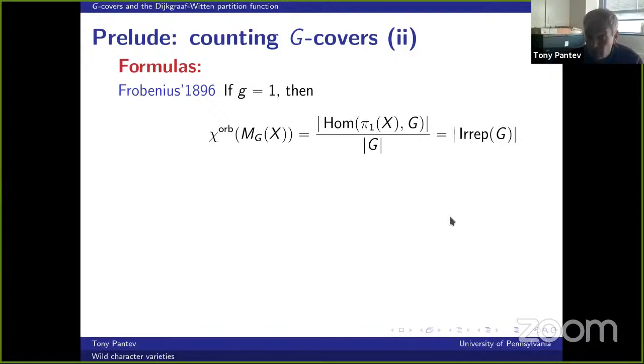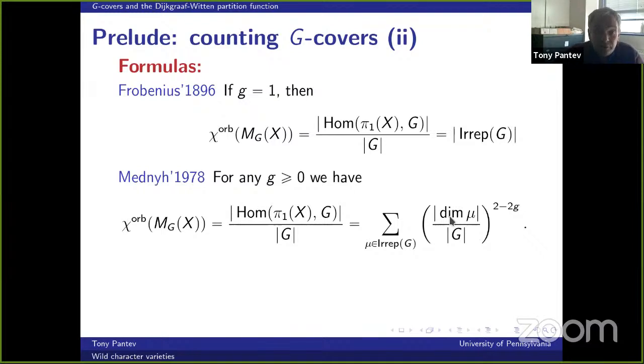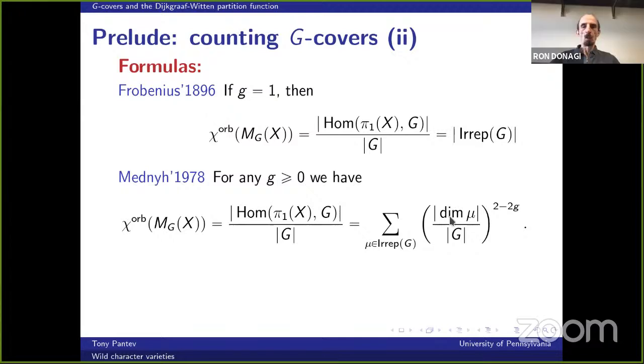In fact, it's not obvious at all. And it wasn't proven until 1978, when Mednich actually proved it. And he gave a formula for any genus, even for genus 0. And the formula is that the orbifold Euler characteristic of the flat G bundles on X is given by,